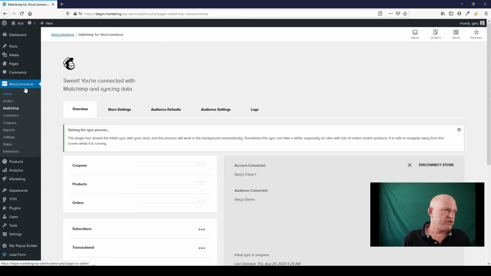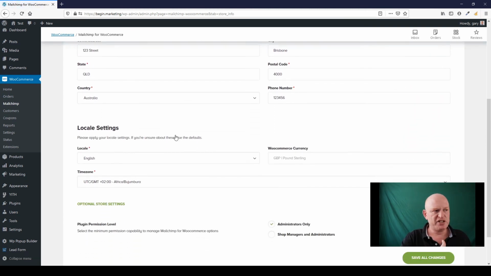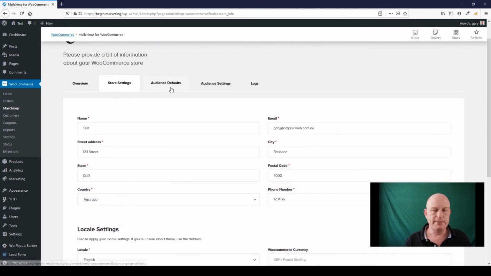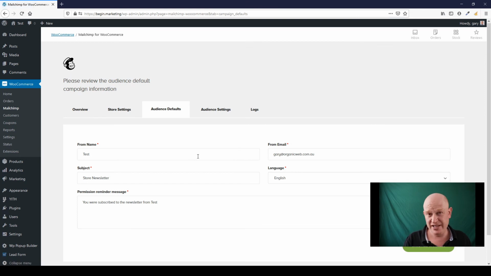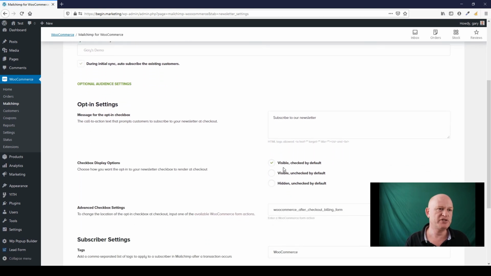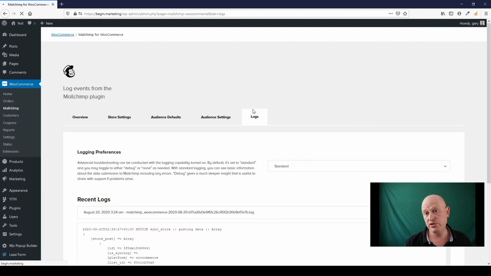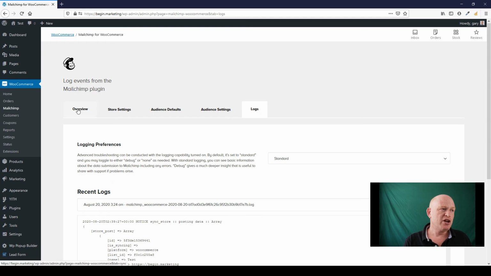Okay, so we're on the overview. So again, I'm under WooCommerce Mailchimp. I could click on Store Settings. And you'll notice this is very much the same as that wizard we've just been through, those steps we've just been through. You can change them at any time. Audience defaults. Again, we've actually just done this as we were setting up the plugin. Audience settings, same thing, we did this, but you can change it at any time if you really want to, such as the checkbox and so on. If you need to, for support purposes, logs are available and you can click on logs if you're asked to get them. But if I go back to overview,